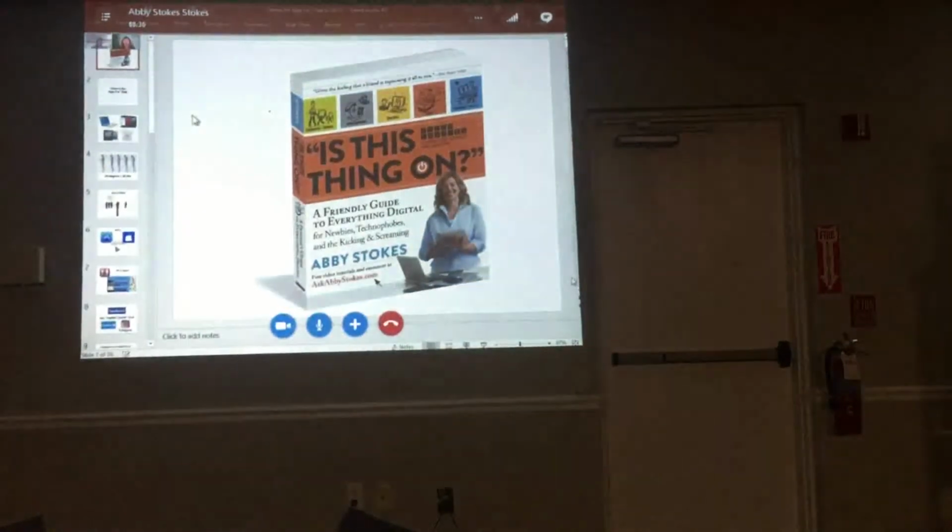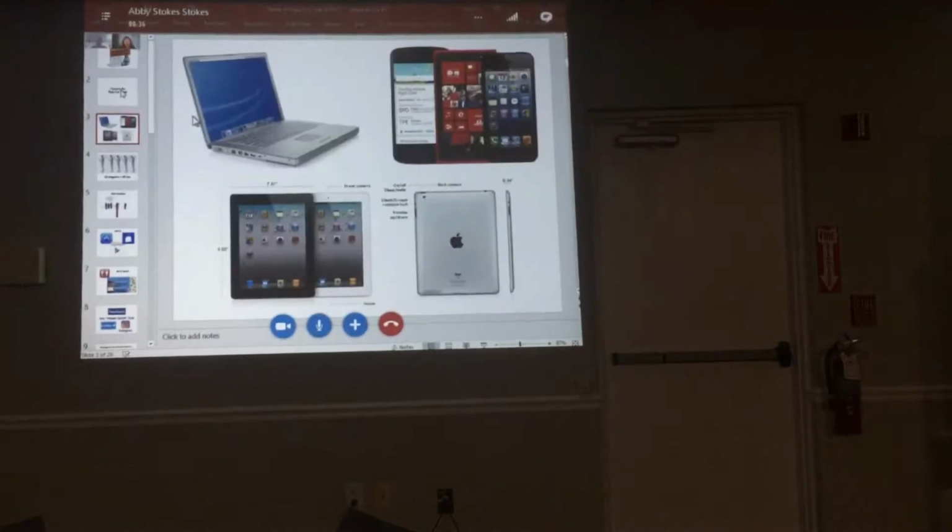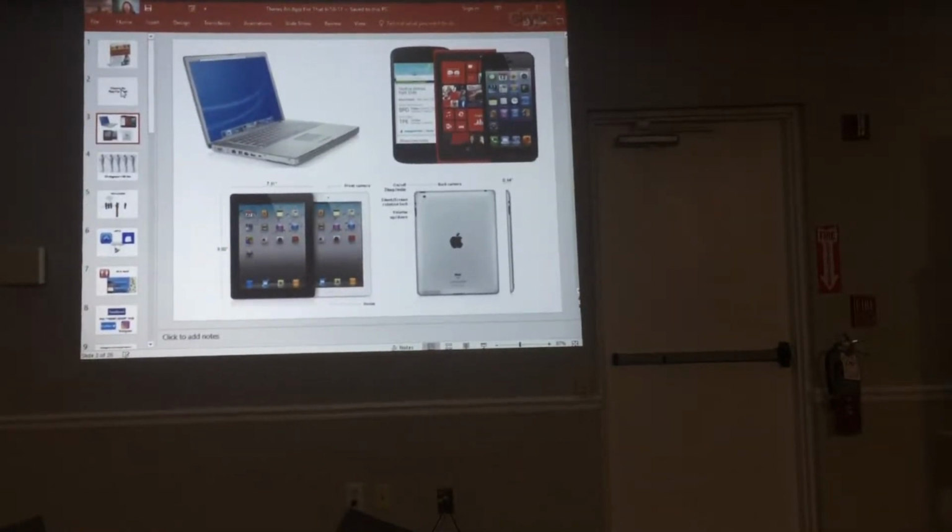Okay, you should be seeing my screen now instead of me. Blatant advertising for the book. But here what we're looking at is smartphones in the top right corner, tablets in the lower part of this screen, and then a laptop in the top left. And the reason I show you all three of these is you have been using apps on your computer for a very long time. Except on your computer, like the laptop in the top left corner, you used to call them software programs or software applications. And now that's been shortened to apps.